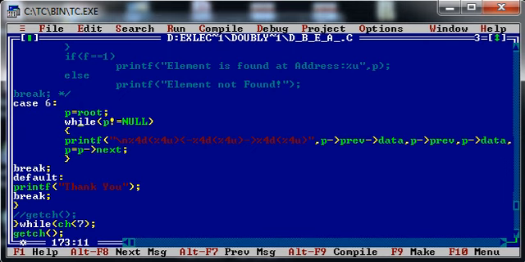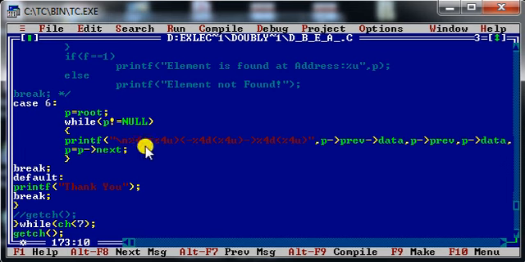If it is null, then we do not have to print anything. If it is not null, then we need to print 3 data. As you can see over here, this is my current node, or you can say this is my P pointer. This is the previous node of the current pointer, and this is the next node of the current pointer.